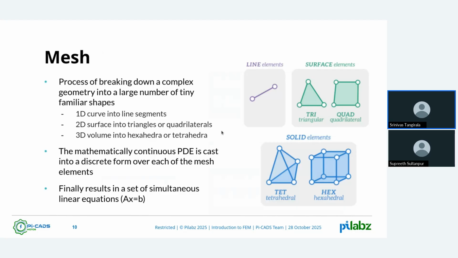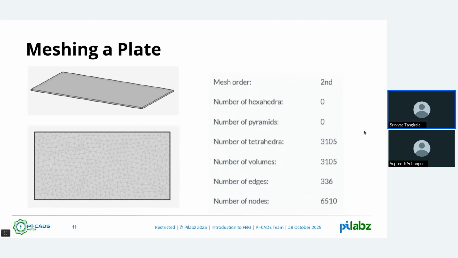And how is this done? Basically, nowadays all FEM packages have an algorithm which will understand the geometry, the boundaries of the part, and accordingly it will create the mesh, and it will provide how many mesh elements are available, and that's how it displays the statistics. I mean, what type of elements are used, and the number of tetrahedra, 3105 in this particular plate,